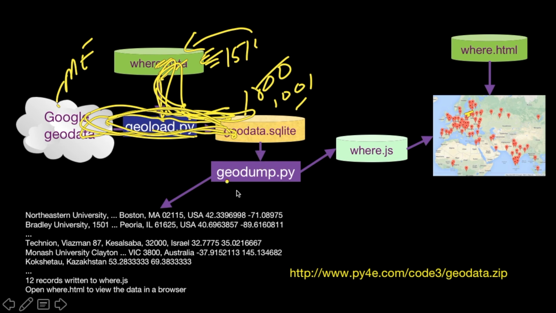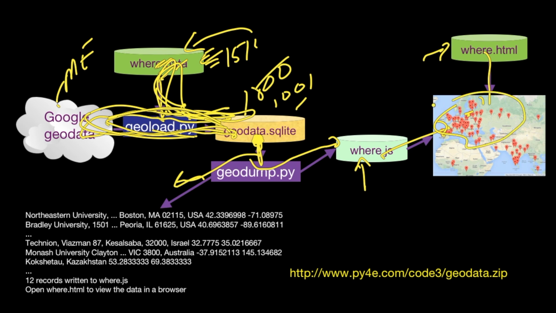And so then I wrote this program that just reads through it. It just does a select and reads through the stuff, and it prints out some summary information and tells you what to do. It also prints out, and you'll see this pattern, because I'm visualizing using browsers, HTML, and this happens to be using the Google Maps API, and putting all the data in a little JavaScript file. So these end up being assignment statements in JavaScript. You can take a look at that file. And all the data shows up as assignment statements in the JavaScript, and then when this HTML loads, it reads this file and puts up all those pins, as long as you have access to the in-browser JavaScript API.